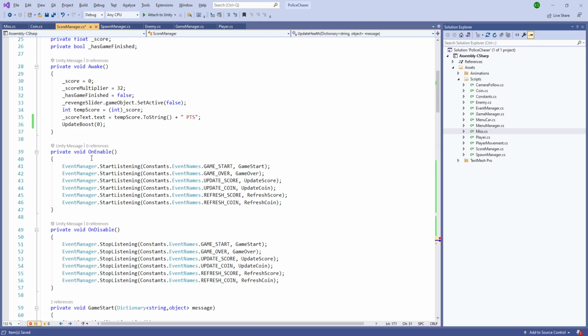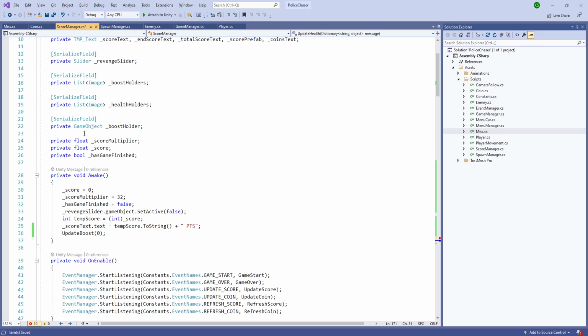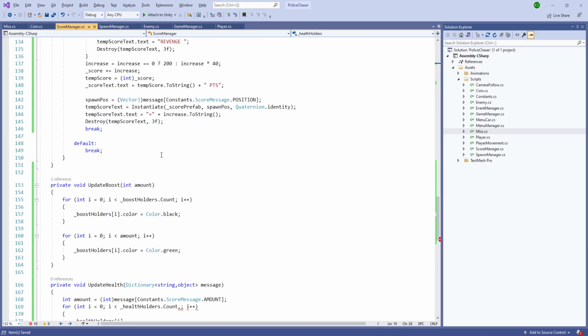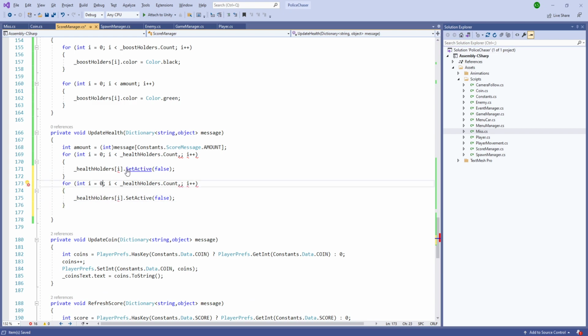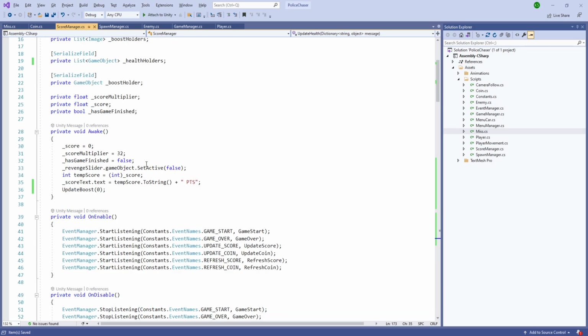What health holders do we have? It should be an image. That was a problem. We'll need to set it up again, but it won't matter. So we'll just use healthHolders of i dot SetActive to false, and for the amount, we'll set them to true. And let's delete this. And here for the amount,